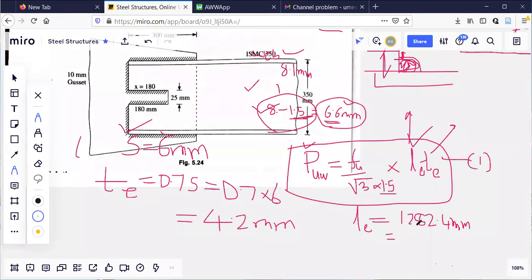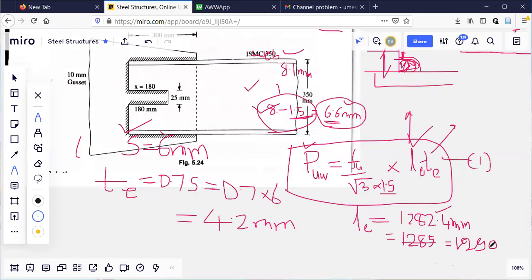Initially it was done with this number only, but we can do it like that. 1282 can be increased to 1285 or 1290, whatever. Anything can be done. You can keep the same number also. Preferably, I will do it like this. Slight variation in the design is no problem. 1290 can also be kept.